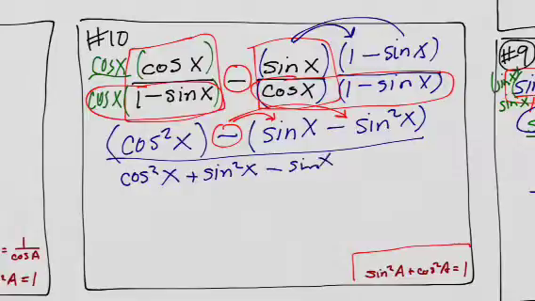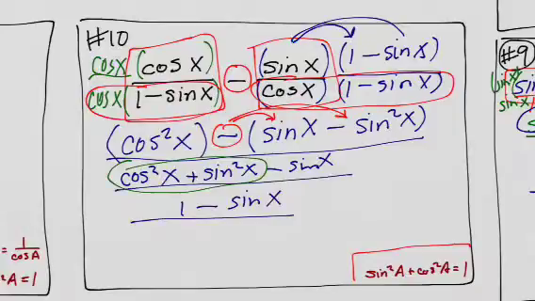Okay, and I'm going to change the order here, and I think you can see why. Cosine squared of x plus sine squared of x, that's just equal to 1. So that becomes 1, and then minus the sine of x. Keeping in mind, all this time we've just been dealing with the numerator of my final answer. The denominator is that common denominator that I developed at the beginning, cosine x times 1 minus